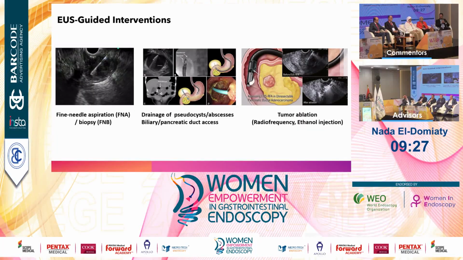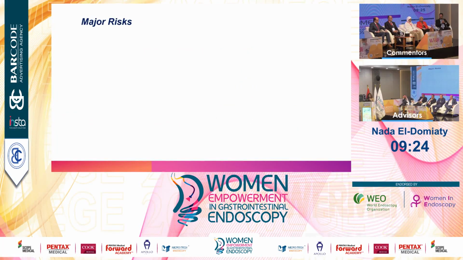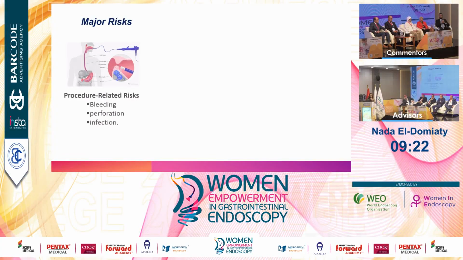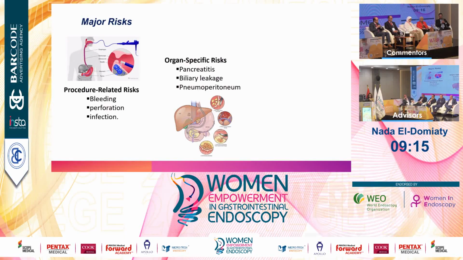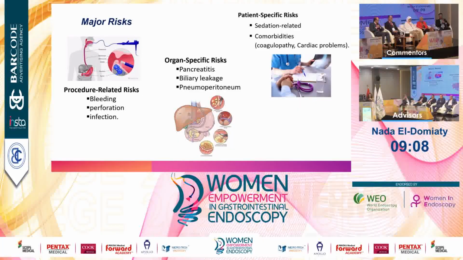tumor ablation like radiofrequency. So the major risks that we might face may be procedure-related risks like bleeding, perforation, infection, or organ-specific risks: pancreatitis, biliary leakage, and pneumoperitoneum, or patient-related risks: sedation-related, comorbidities, coagulopathy, cardiac problems. And it's important, before starting the EUS or any procedure, to put a map of the risks that you might face